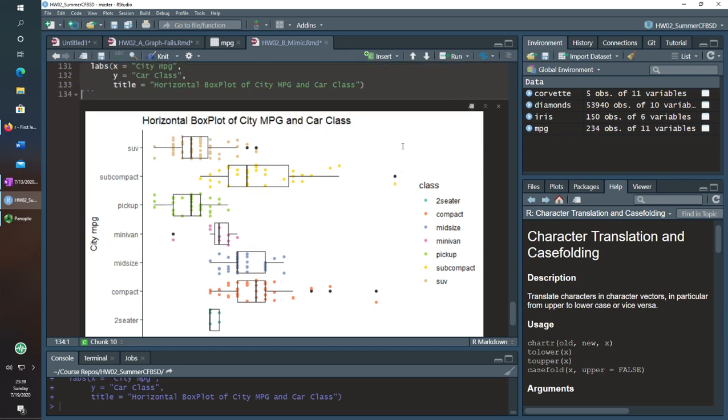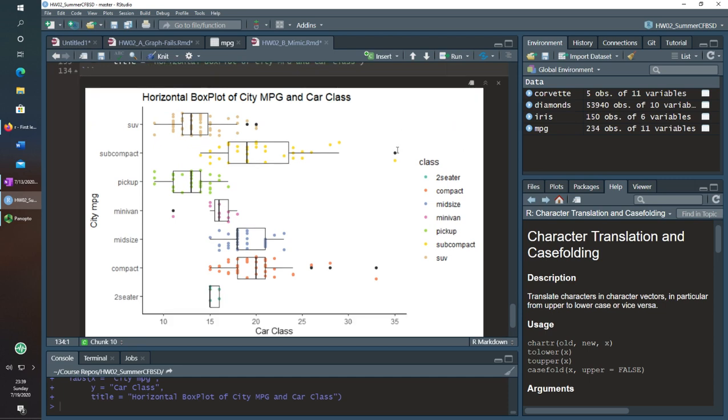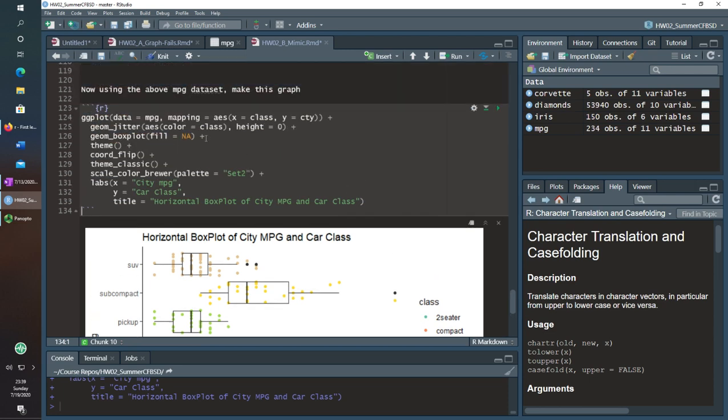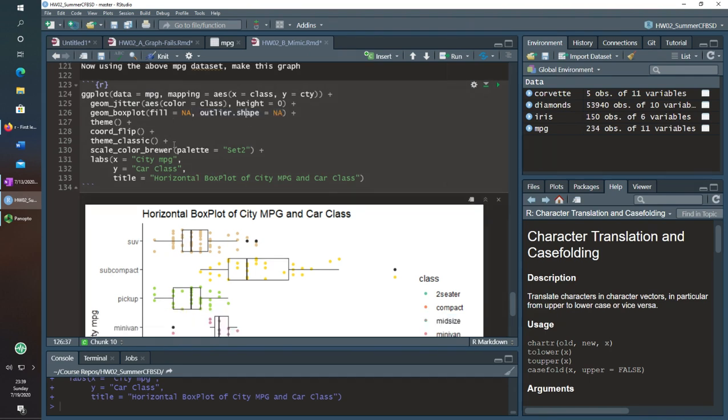Now, if I didn't say outlier.shape equals NA, then you would see these black values here, and you would start thinking, oh, there are two values out here, when there's really just that one value. And also it's black where I have the nicely color-coded points, so I want to make sure that's changed. So outlier.shape equals NA.